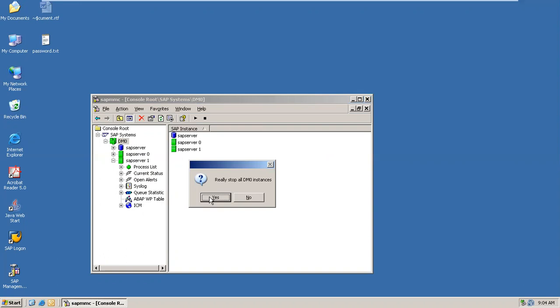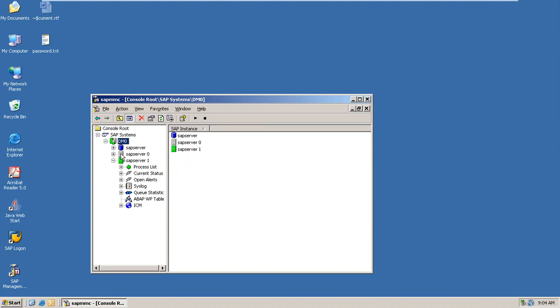Yes, you can click on yes. After processing, after a while, you will see all these icons or instances turn gray in color. That is an indication that these servers are fully stopped. Keep refreshing, one by one they'll turn gray.